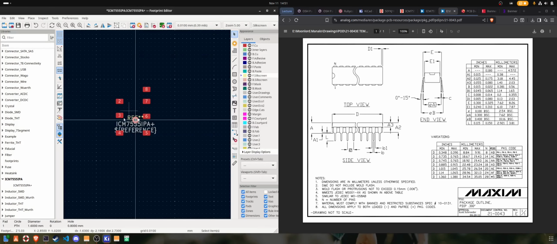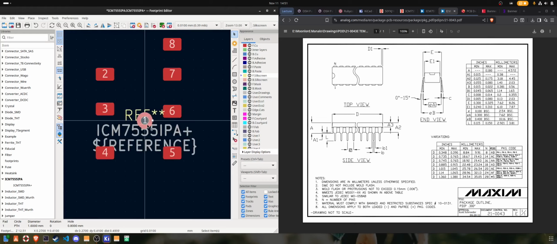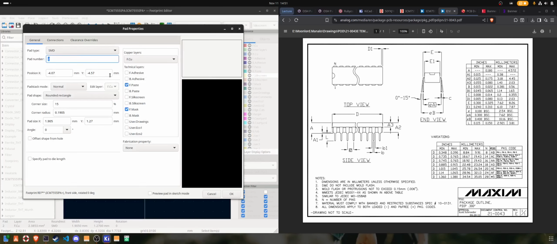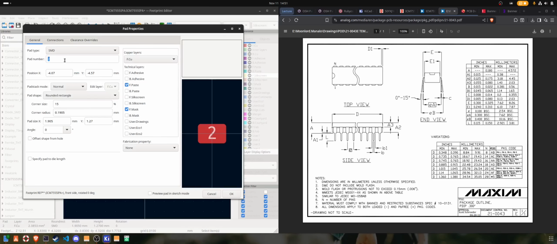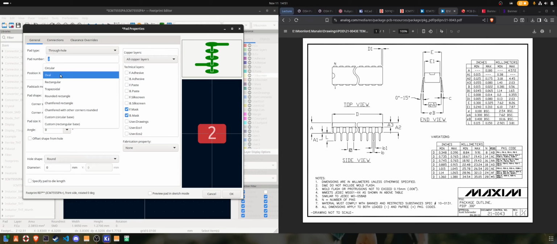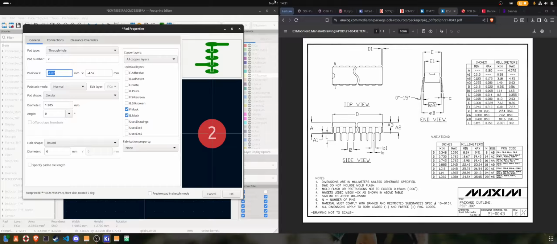Hit OK, and then you can see it gets lined up. You can also specify where the global 0 is on your coordinate system, so that's worth keeping in mind. So now it's just kind of tedious. I'm going to go through and assign each of these to be a through hole, a circle, and specify the coordinate system,